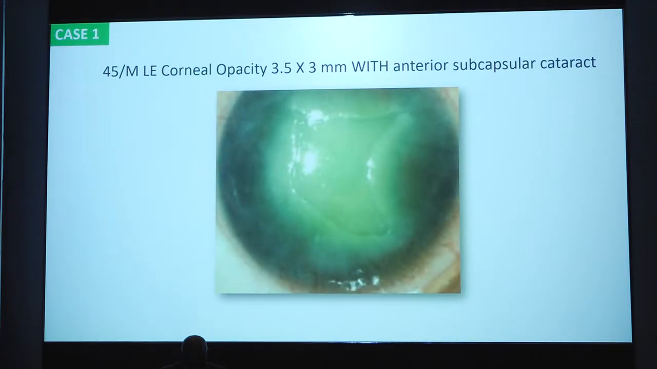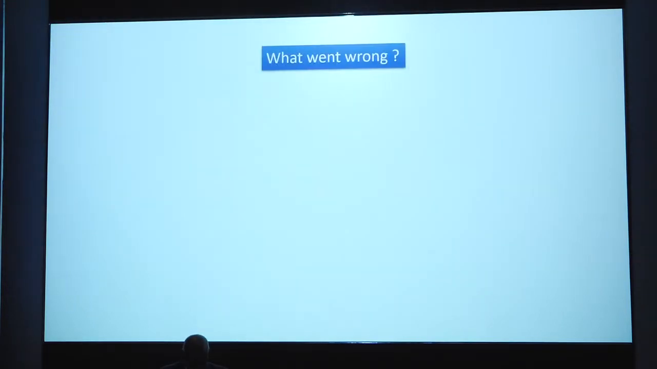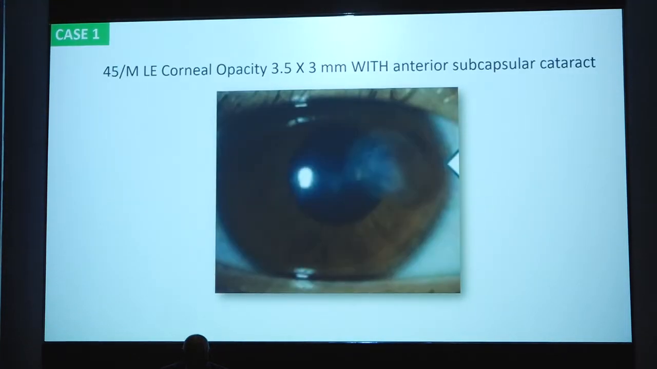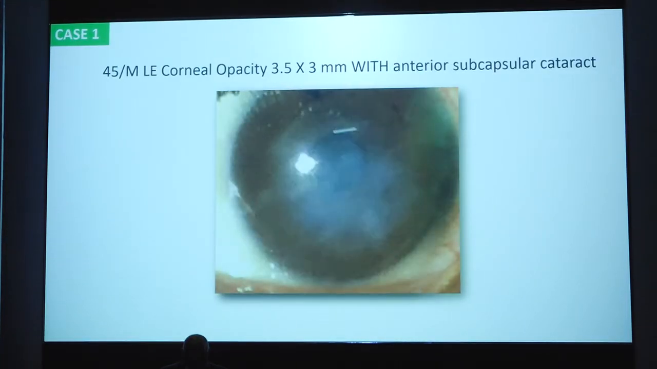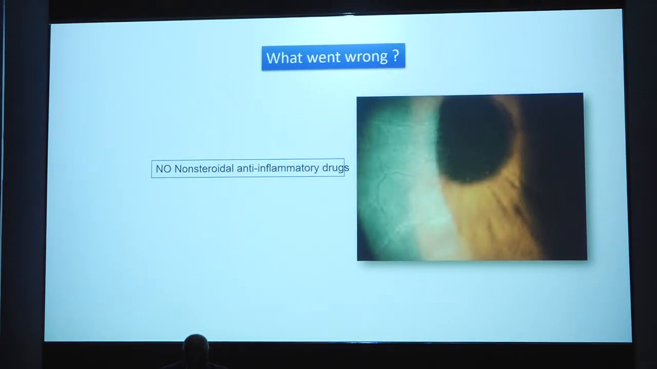So this is a patient with a corneal opacity and a cataract. If you can see, this is a metaherpetic lesion, and this is what the patient comes with. So what went wrong? As you can see over here, this is a patient and this is what happened. What went wrong was that no